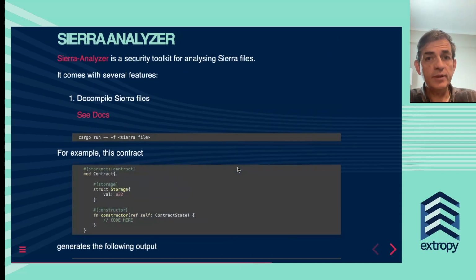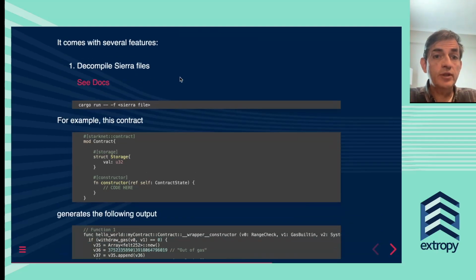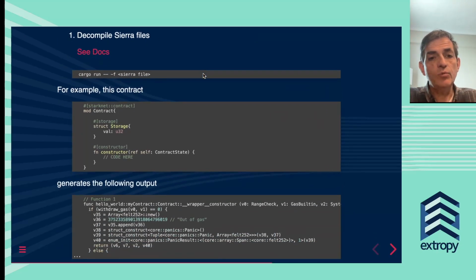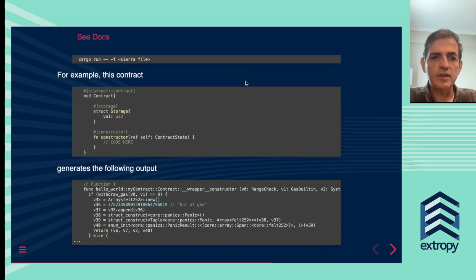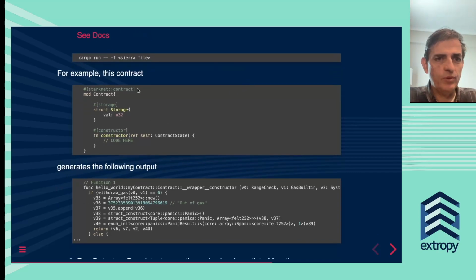Sierra Analyzer is another static analysis tool. It focuses on the Sierra files, as you'll guess from the name, so the intermediate representation. It allows you to decompile the Sierra file, which can be quite useful if you have an intermediate representation and want to get a high-level view of it. To give you an example of what that looks like,